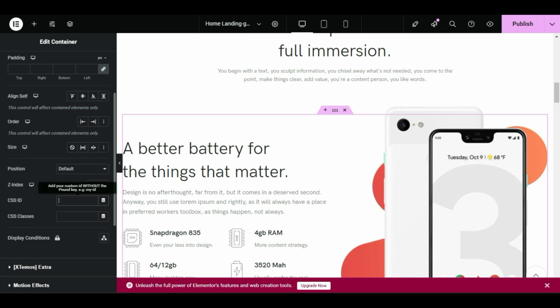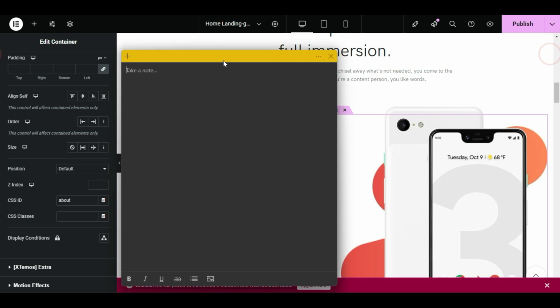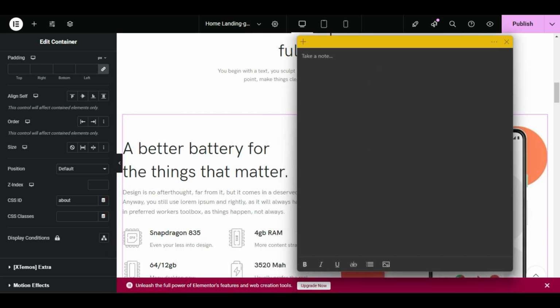Okay, let me choose CSS ID about, and now along with that I will keep all my records, and I copy the about section CSS ID. Let me open my notepad here. Okay, so number one section will be about,